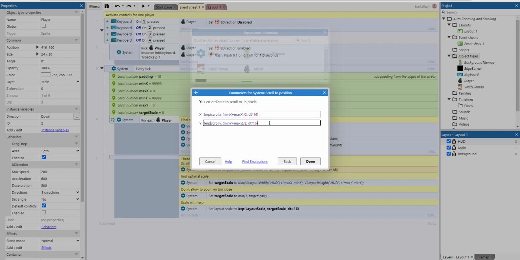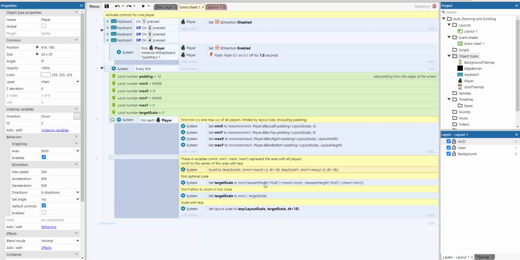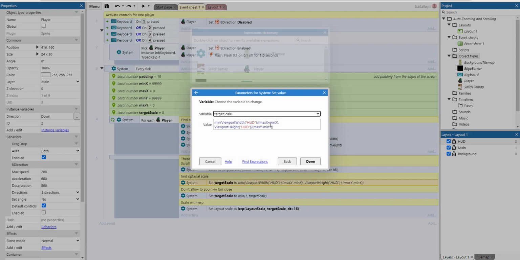The same thing happens for the y position, which we're going to scroll towards. We're starting from the current y position and we're going to the minimum y plus the maximum y divided by 2, which is the top of the topmost player and the bottom of the bottommost player nicely divided by 2 to go to the middle in the y perspective as well. So that's what we're doing here. And then we're going to determine the target scale. The target scale is set to